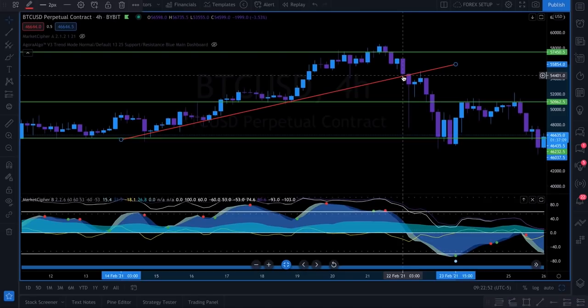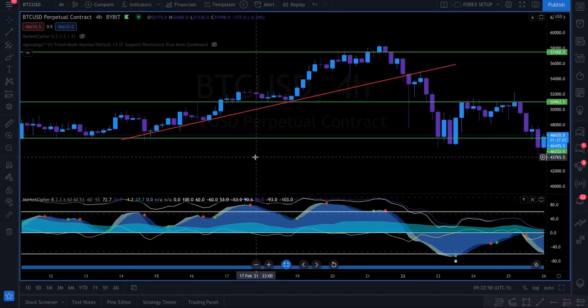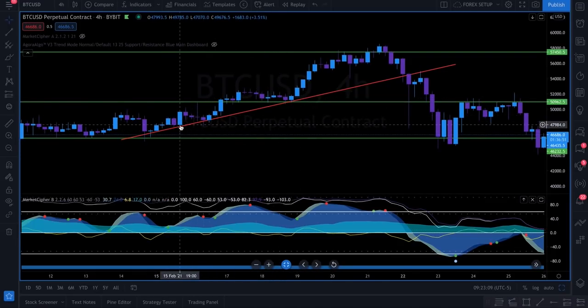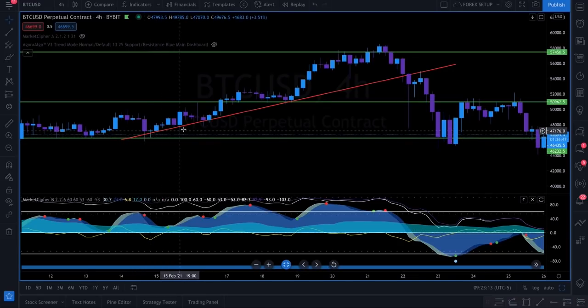11 times. Now, if you have a line that is being respected, when I say respected, if you hear somebody say the trend line is being respected or the support is being respected, that means price movement is reacting every time we hit this trend line. It's bouncing off of that trend line. Okay? And the more times price bounces off a trend line, the more sure you can be that we're actually